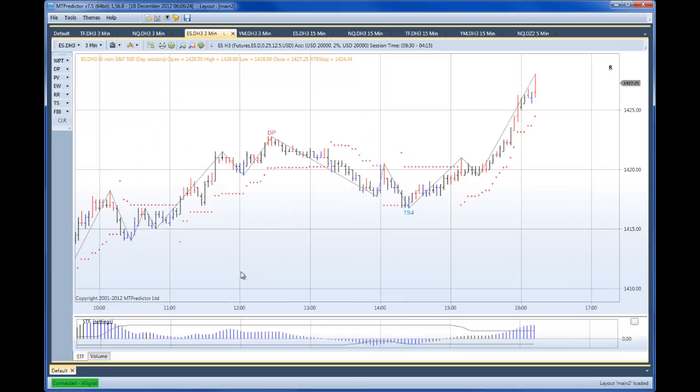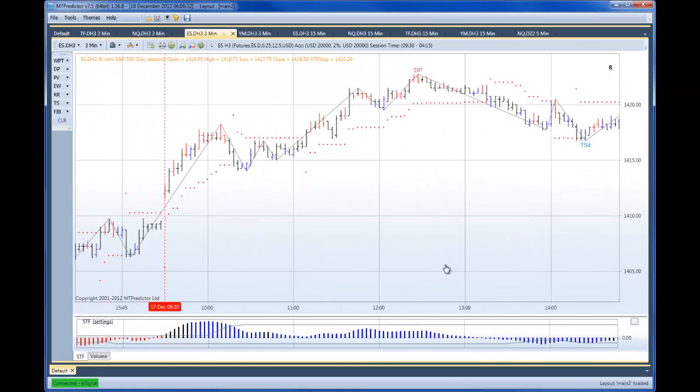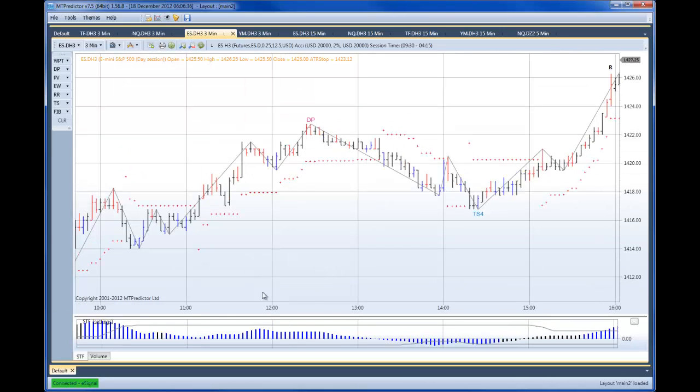If we zoom in a bit, you can see that our STF, in other words our colour trend indicator, was blue stroke black throughout all of the day. So in other words the larger degree trend was basically up. So you would have actually avoided this particular sell setup here. The only people who would have been considering this particular sell setup, as it's against the blue STF, would have